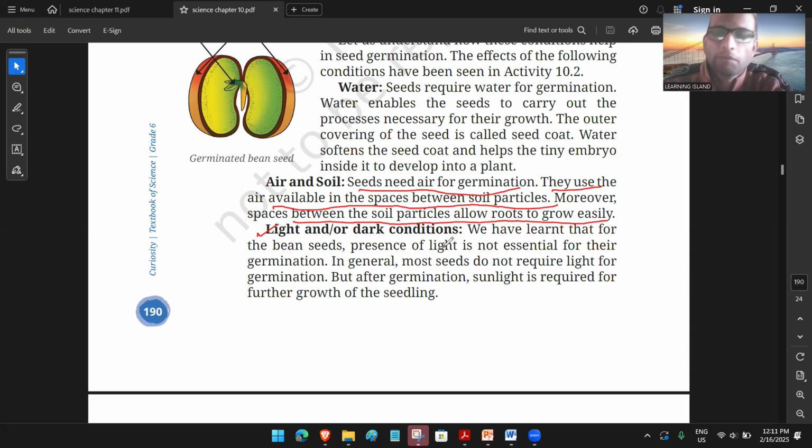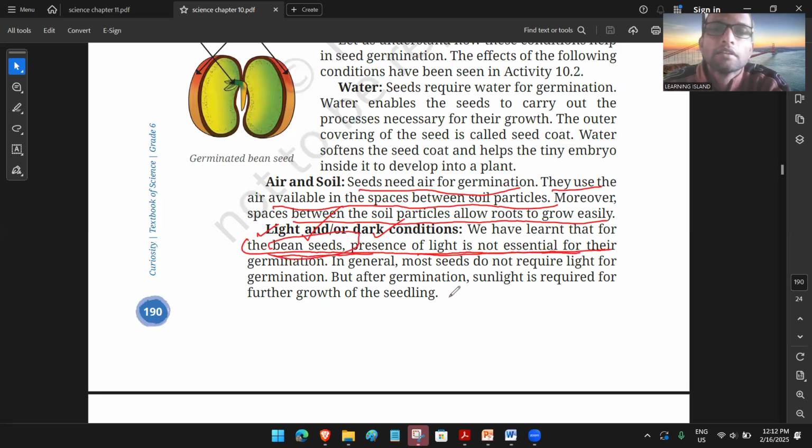और लाइट और डार्क कंडीशन, अब देखो लाइट कंडीशन में भी हो सकता है, डार्क कंडीशन में भी कुछ कुछ प्लांट में जर्मिनेशन हो सकता है, नॉट ऑल द प्लांट्स। सो लाइट इज वेरी मच नेसेसरी और ऑल्सो इन फ्यू केसेस डार्क कंडीशन में भी जर्मिनेशन हो सकता है। मैं बताऊंगा कौन सी प्लांट में होता है ये, ठीक है, वो है एक्सेप्शन। So we have learnt that for the bean seeds presence of light is not essential. जो बीन हम खाते हैं ना, बीन के लिए ये लाइट नॉट एसेंशियल, ठीक है। क्वेश्चन आ सकते हैं, for which type of plants the light is not essential for germination, तो होगा बीन, ठीक है।